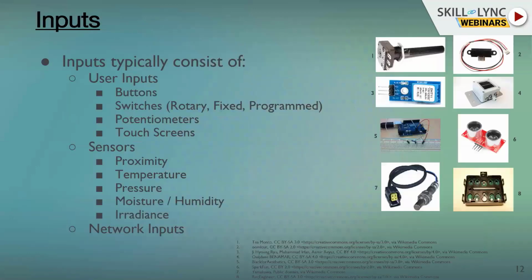Okay, so inputs. Let's go over inputs. What are these input types? So as you can see, you can have buttons, switches. Switches are of multiple types. You can have rotary switches, programmed switches. Then you can have potentiometers. You can also these days have touch screens, and we very often use them these days on embedded systems because everybody wants to have a screen on everything they have these days. So you'll see that your AC remote has a screen nowadays. A lot of times you'll see that your kitchen equipment may have screens on them. So screens are also supposed to be input devices.